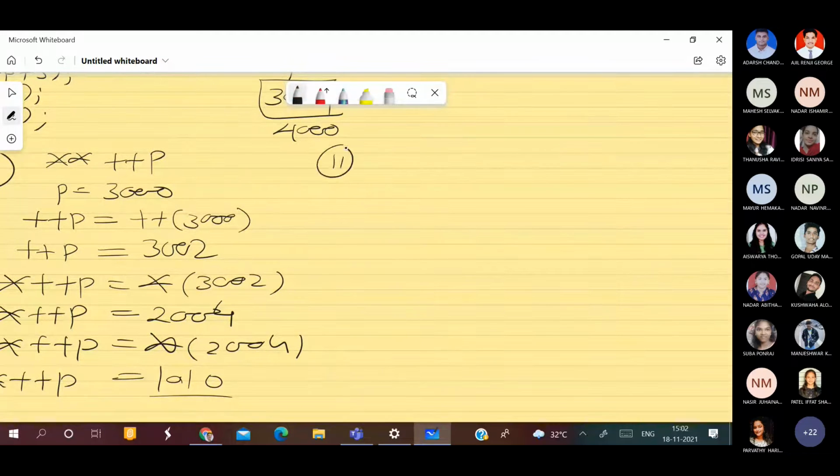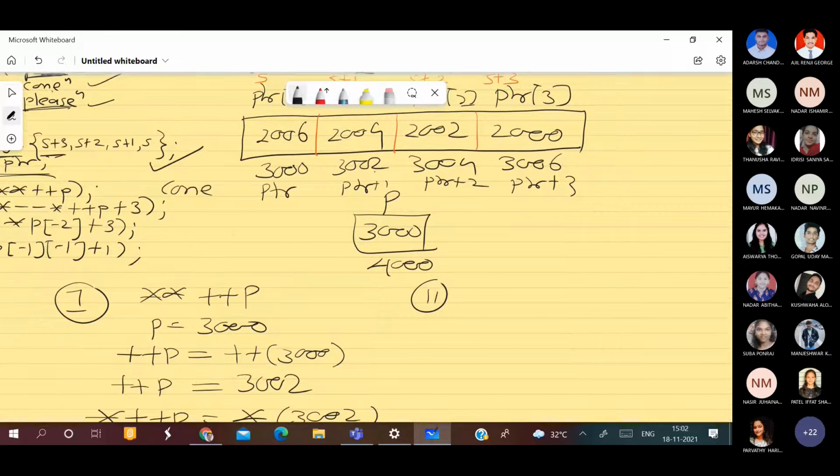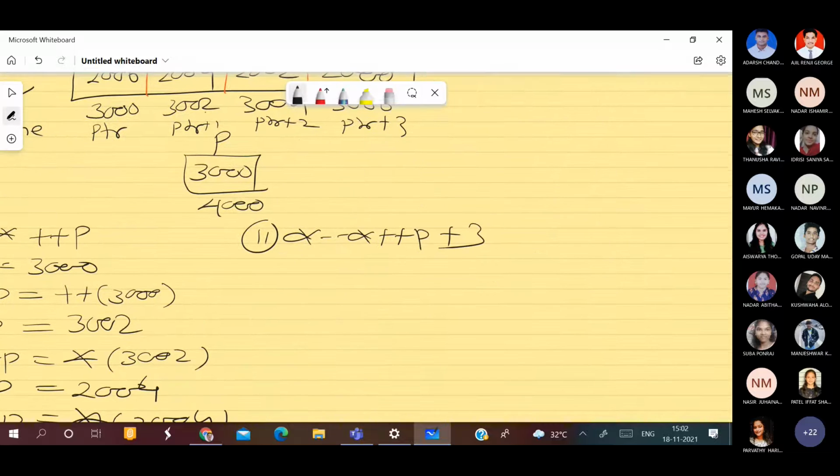Yes, sir. My second printf is, let me write down my second printf: star minus minus star plus plus P plus 3. This is what I need to find out. Now, before I go further, can anybody tell me what is my P right now?